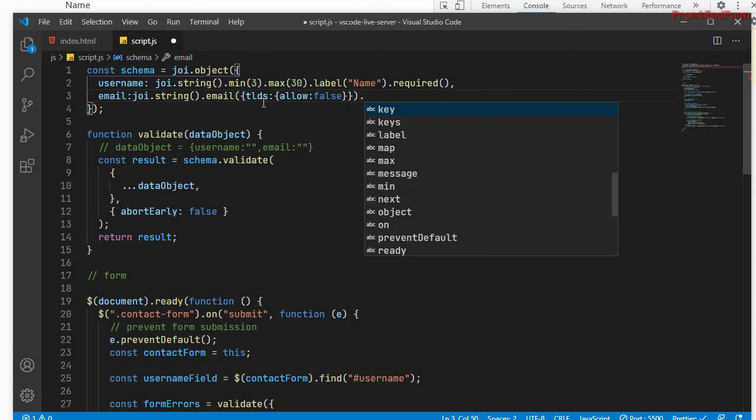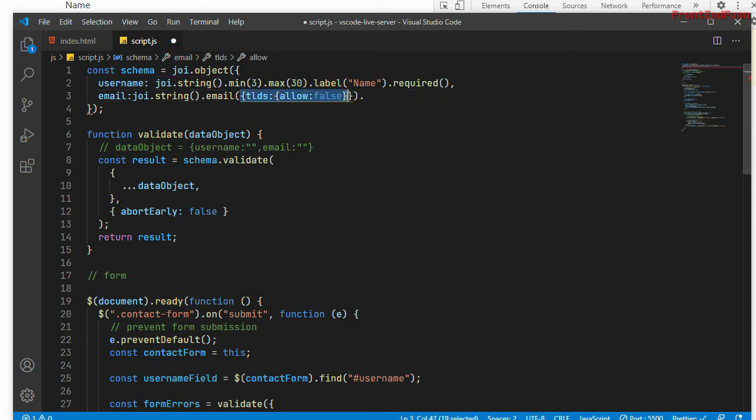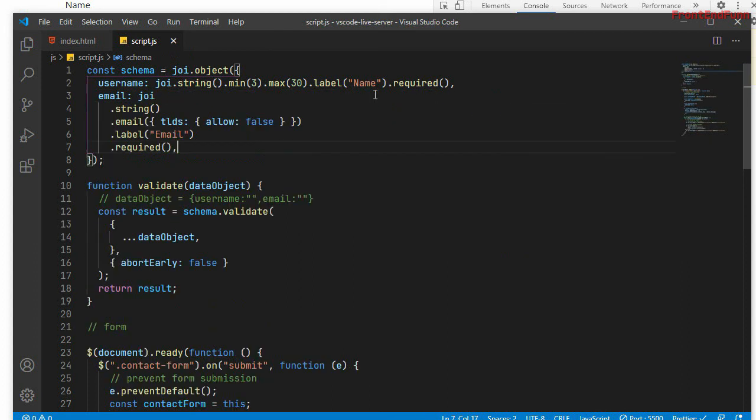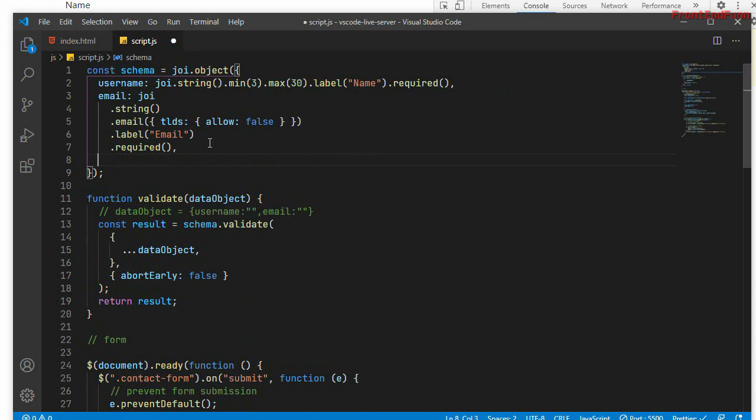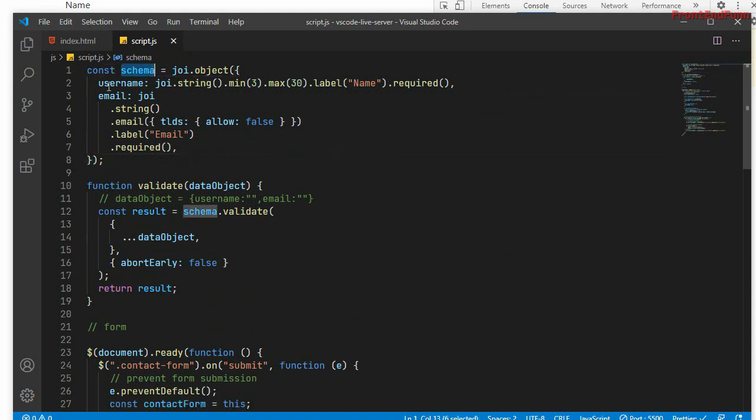So this should be mandatorily passed here. For the label, that will be a label, and it is required. Okay, so we have added the email validation here, email schema.